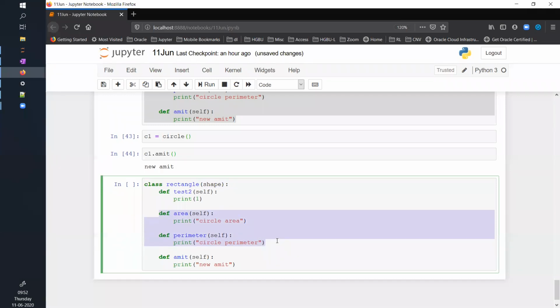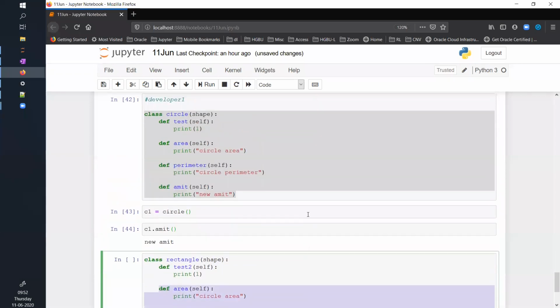Excuse me, sir. Yes. Sir, if we write circle, then it will access both classes, shape and circle. Good point. Yes, you are right. It will inherit, like in the hierarchy, it is going to inherit that way. We will discuss those things.